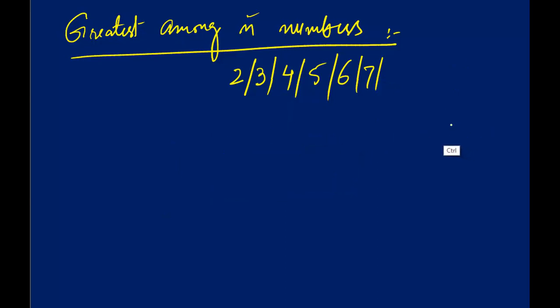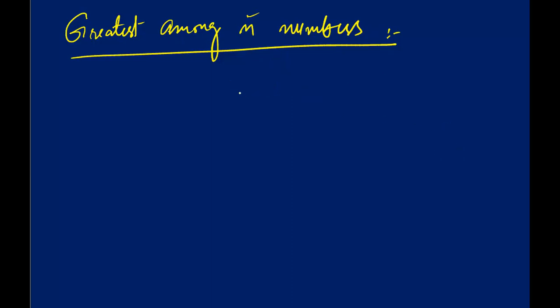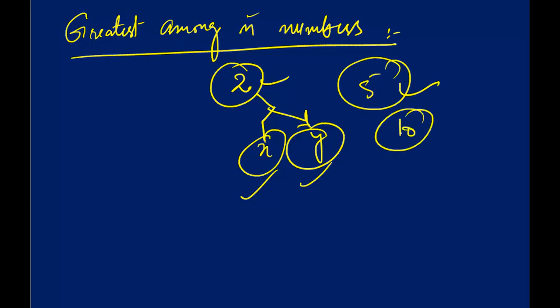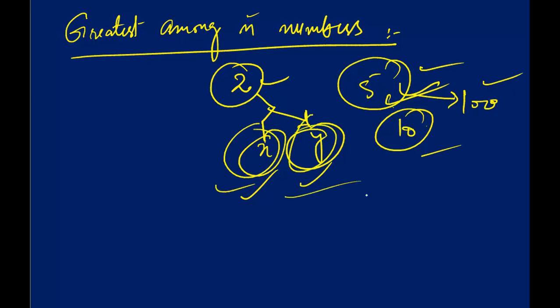So for that reason, I will not declare many variables. I will declare only two variables, x and y, and with the help of these two variables only I will find greatest among any number. Suppose greatest among five numbers. If I am able to find out greatest among five numbers, I will be able to find greatest among 10 numbers, and among 100 numbers also, because the rule is same for all. We have to declare only two variables to find out greatest among n numbers.